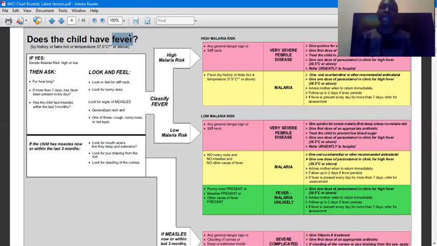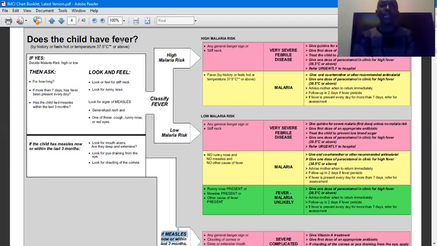Then if the scenario they have not told you to say RDT was done, or it was not done, but there is a symptom of fever and other symptoms mentioned, it may lead you to low risk malaria. But if the child presents with fever accompanied by mouth ulcers, or pus draining from the eyes, or clouding of the cornea, and the child has symptoms of measles, such as generalized rash, cough, or runny nose,